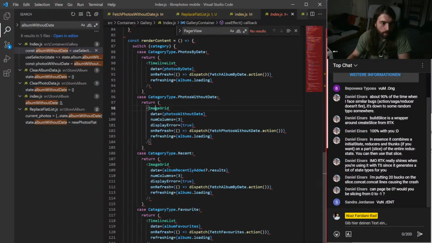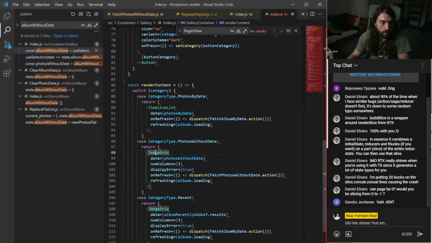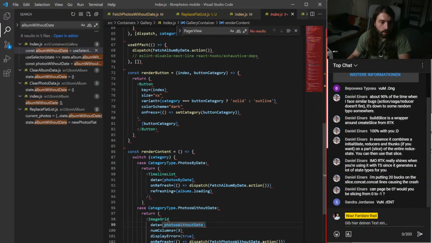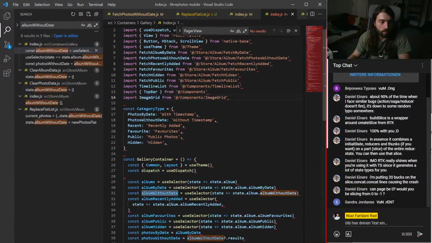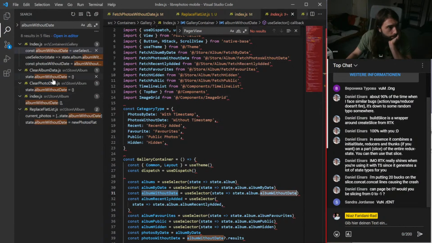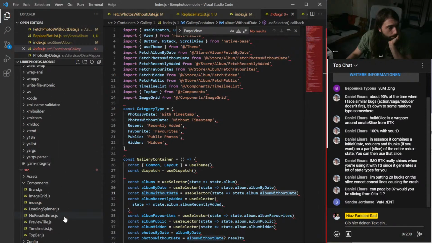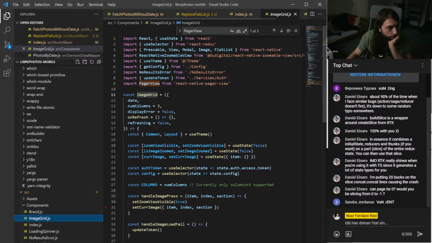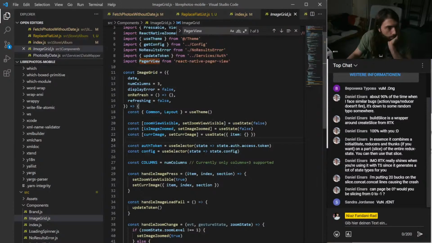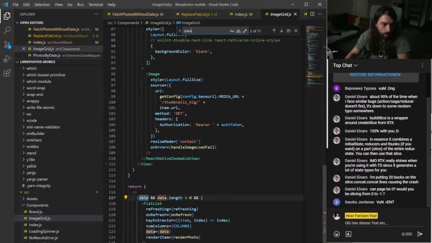So the issue is like data image grid. Data, here we go.